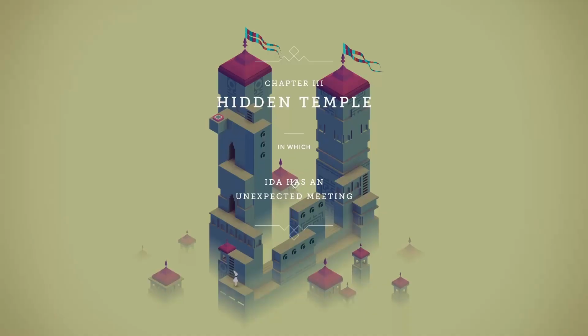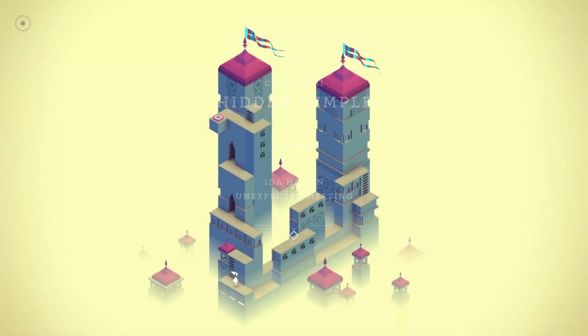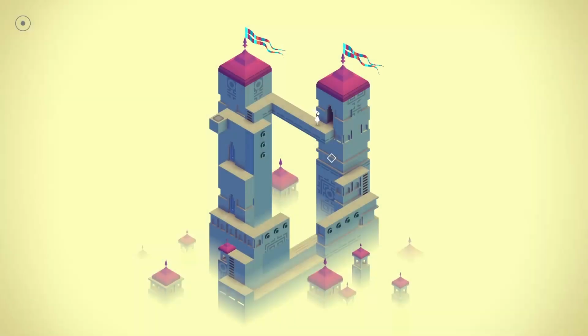The third level is where things get a little more interesting. We're introduced to the slider mechanic between these two towers. Once Ida makes her way to the top, she enters a doorway, which returns her to the strange monochrome area